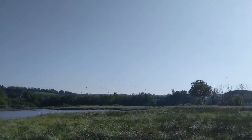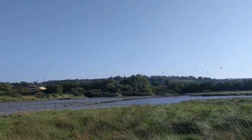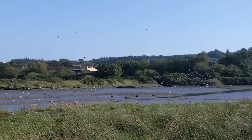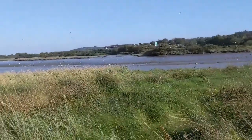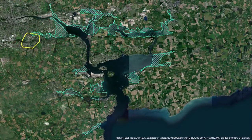Cork Harbour Special Protection Area, or SPA, is an internationally important nature conservation site for the protection of birds, particularly migratory birds. It's part of a network of sites across Europe established under the EU Birds Directive and Habitats Directive. Cork Harbour Special Protection Area was set up under the Birds Directive. The SPA covers a large part of Cork Harbour, but only a small part is within the area examined for